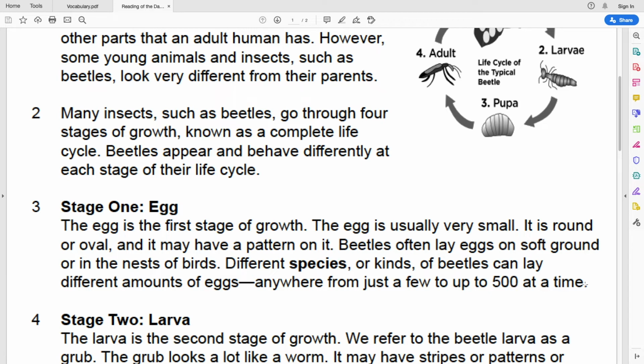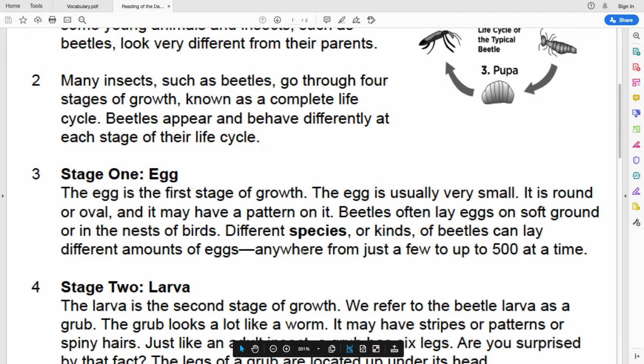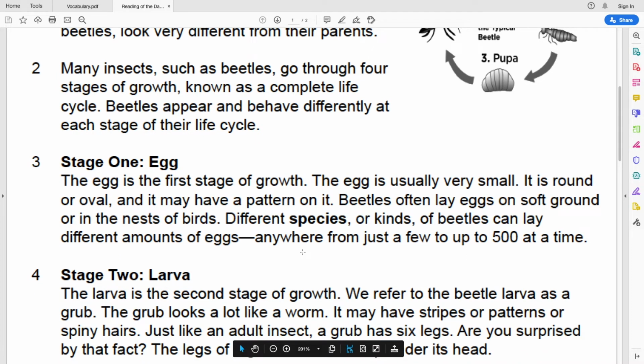500 at a time. So here, one thing, guys. So this is how they are born, right? They are located inside the egg, and their parents put the eggs on nests. Why do you think they put them on nests, guys? They want to